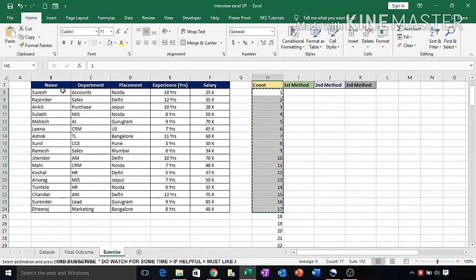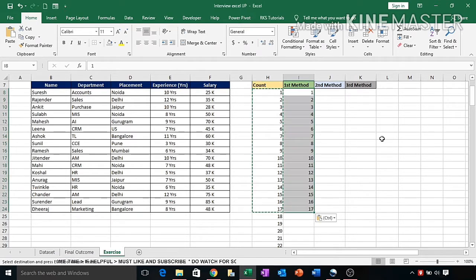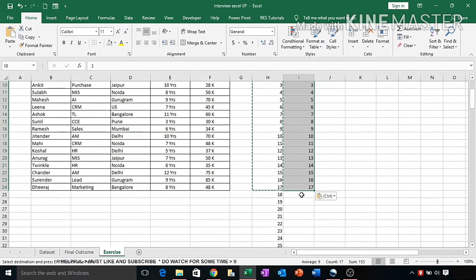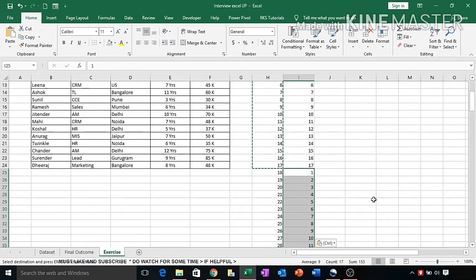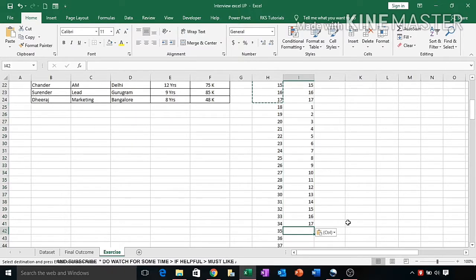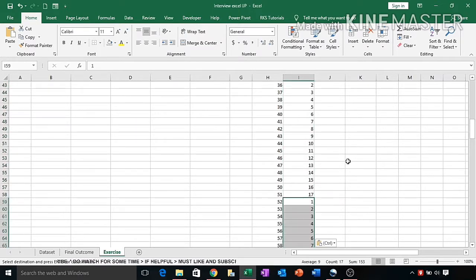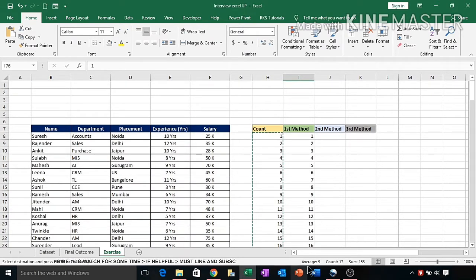Because there are 17 rows, we copy the numbers from 1 to 17 and paste them in the first method column. Then again paste it a second time, third time, fourth time, and fifth time. Because we require 5 rows for each entry, we are pasting it 5 times in total. This is one way we get the basic data.